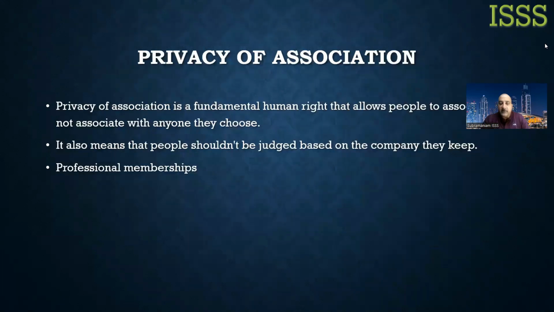Privacy of association. This is the last one on privacy. For example, if somebody is a member of a group, that's called privacy of association. It can be a part of a cybersecurity group. There are a lot of groups on LinkedIn. Somebody can see who viewed my profile on LinkedIn, and there's a person from this group who has viewed your profile. But the name is not displayed because I'm not a premium LinkedIn user. But again, I know because,